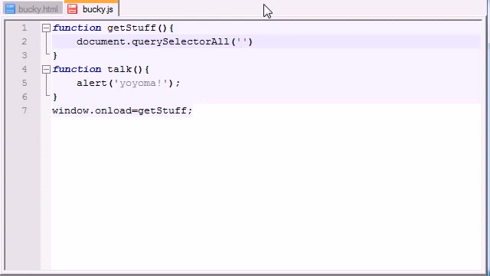So since we already have a couple things with the ID of tuna, I'm just going to go ahead and write it just like this. Now, I know I didn't tell you guys, but you can pretty much write any CSS selector in here. For example, if you had 5 different things that belong to the class Bucky, you would write it like that. But since we have a couple things with the ID of tuna, I'm just going to write it just like